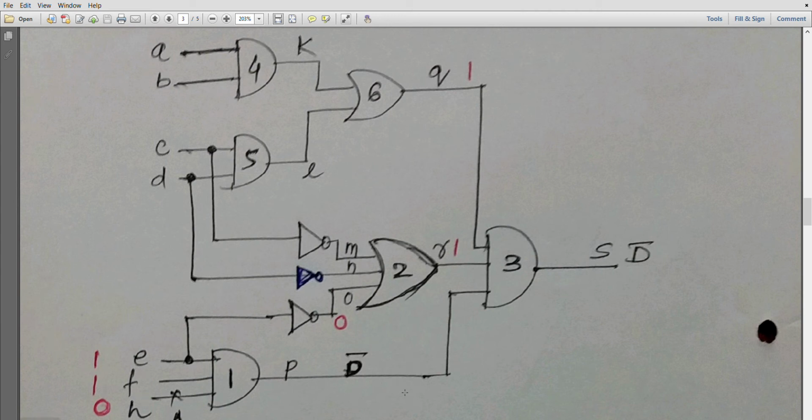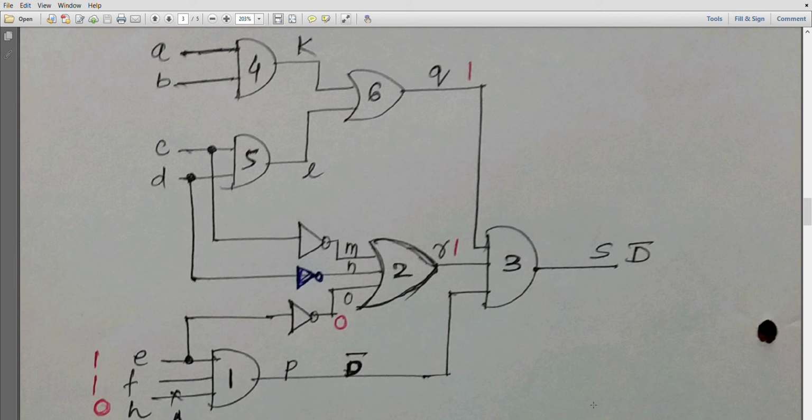Now I am interested to propagate this fault, this particular D bar to S. Because gate number 3 is nothing but the AND gate, the other two inputs, that is Q and R, have to be 1. Okay, you already know the condition. Only when Q and R are equal to 1 can we propagate D bar to this particular output S. Now again we have to check whether this Q and this R are meeting the correct logic or not. This is the challenge.